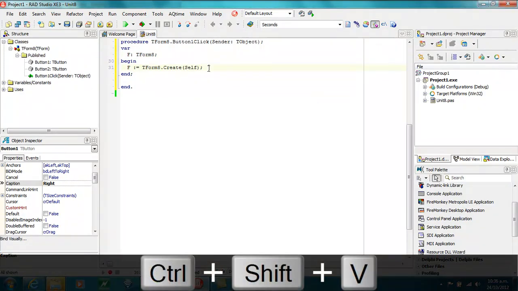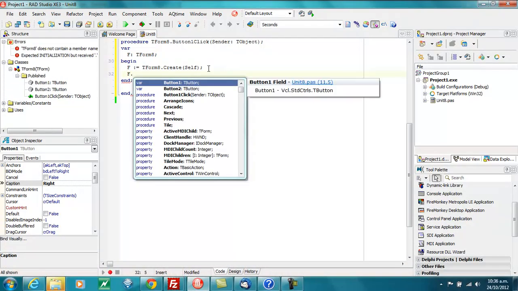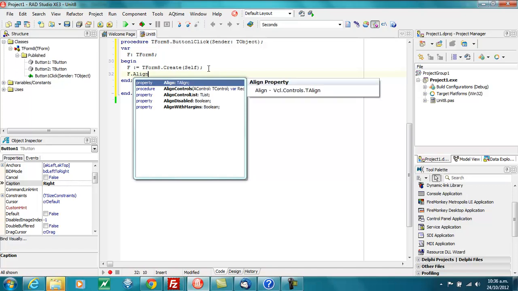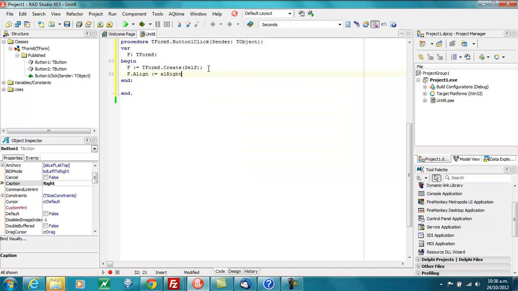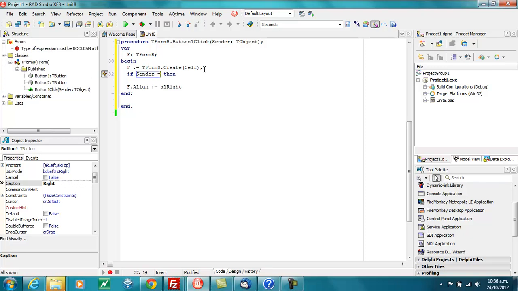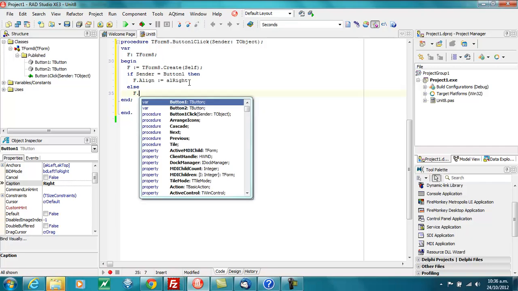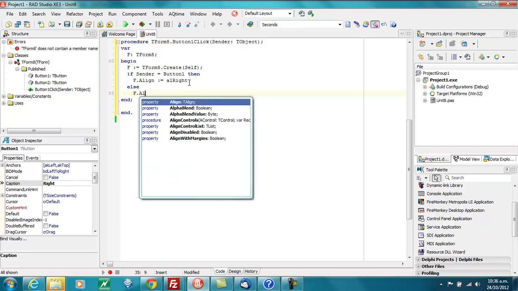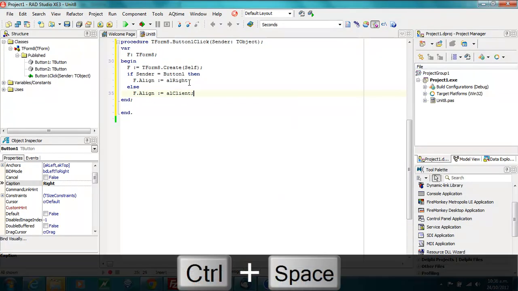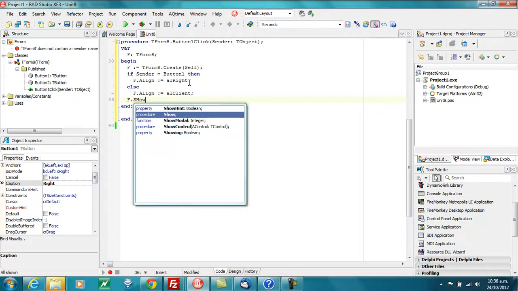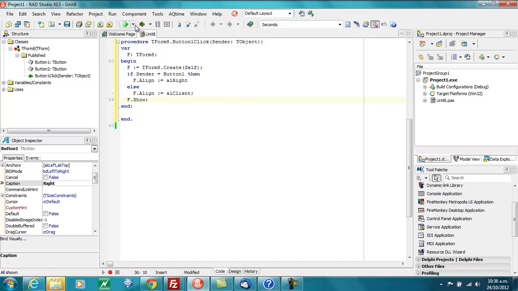And we'll need to declare that form. If align is assigned alRight, in fact, why don't we do, if align is assigned alClient, form show, and we can run that,